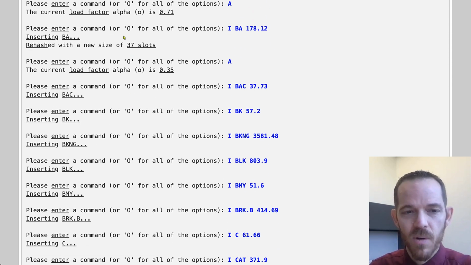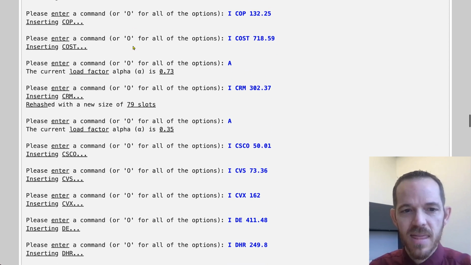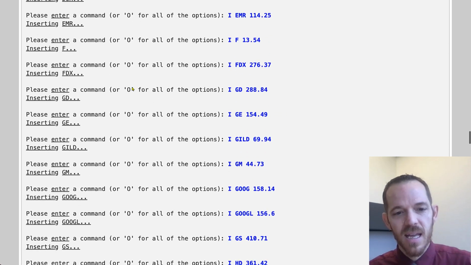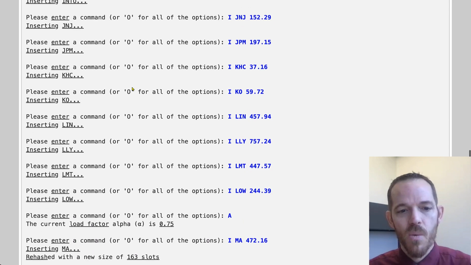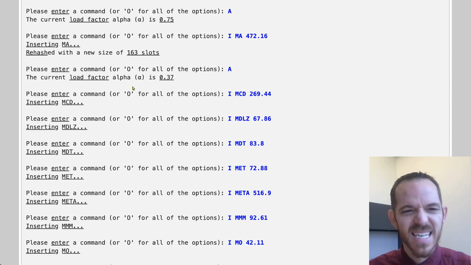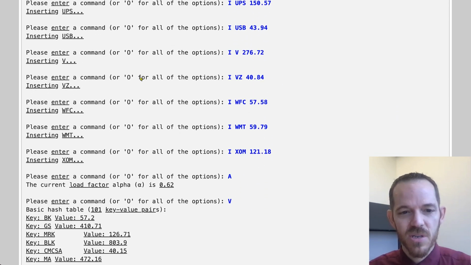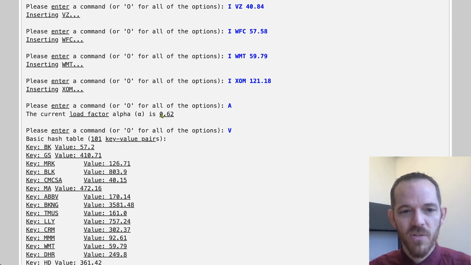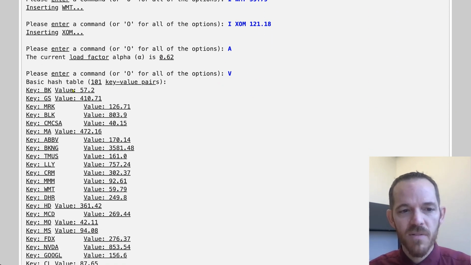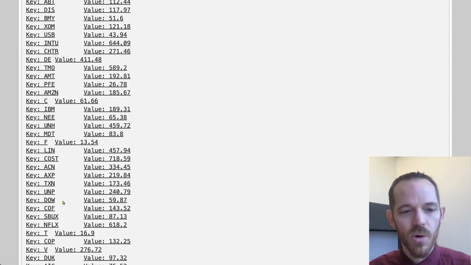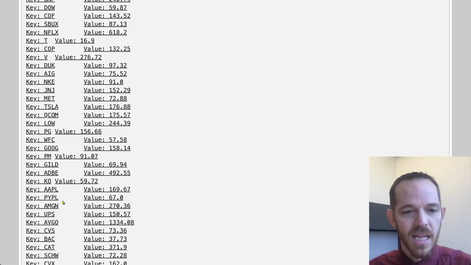And then we're rehashing, we're up to 37 slots. And then we're up to 79. And then we're up to 163. And we insert some more and display the load factor alpha, display all of them. I've got a tab here, so it's jumping sometimes. Again, this order isn't required, and so